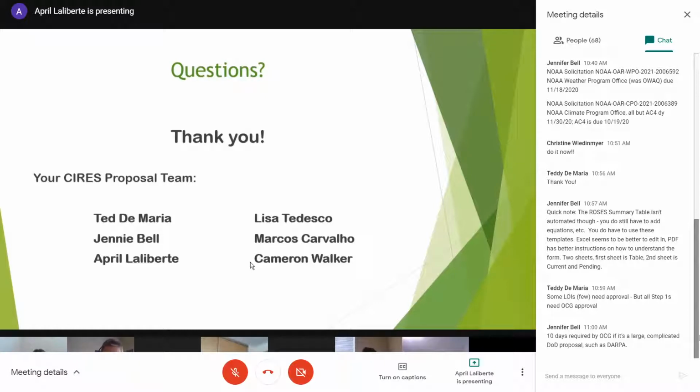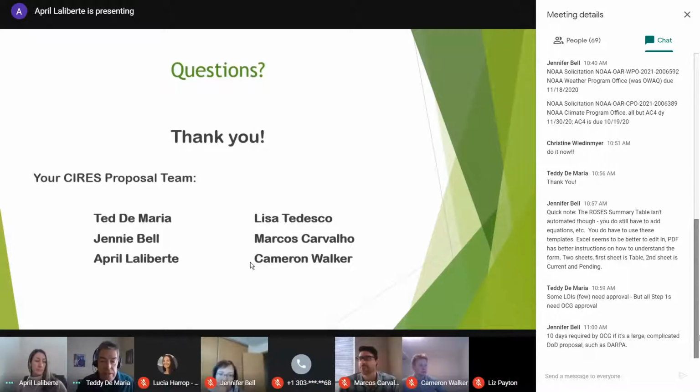What a good team. I do want to say, when it comes to the sub-awardees and having a sub-award ourselves, that it follows the time frame that Marcos and Cameron had identified. But if we have a sub-awardee on our proposal, we're basically going to contact the administration at the other organization, our sub-awardee's organization, and ask them to submit a proposal to us.